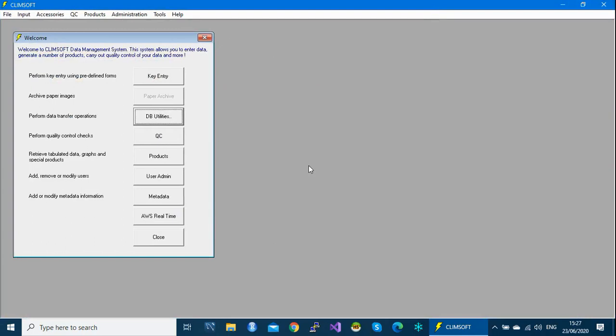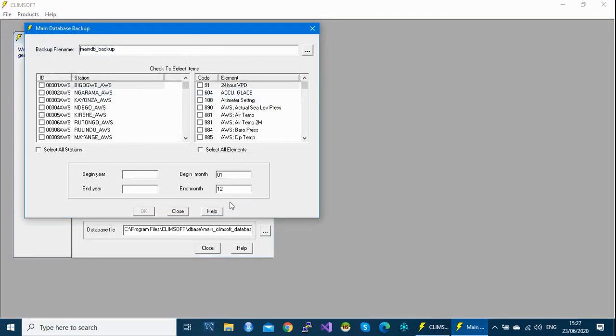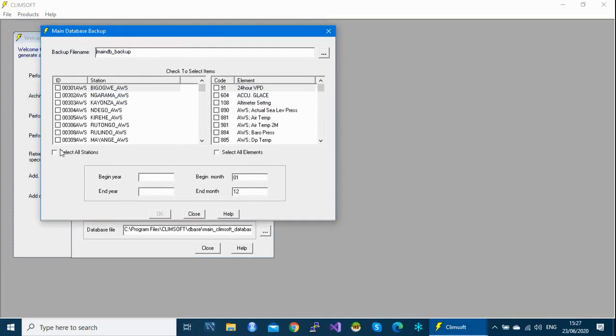So there are two types of backup. There is a backup of files, which is done under product, and then backup. Here you can decide to select all the stations you want to back up, all the elements, and then you specify the period you want to back up.